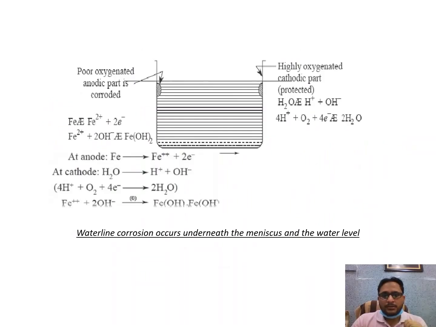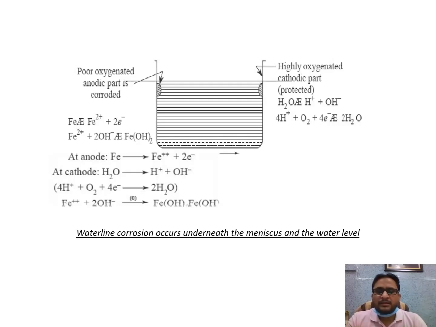Then comes waterline corrosion. Waterline corrosion is the corrosion that occurs, for example, when a metal is dipped in a liquid or there is a steel tank filled with water. The corrosion occurs at an accelerated rate near the region which is immediately below the waterline. The part of the steel tank or the metal structure that is immediately below the top layer of water, this region of the steel tank